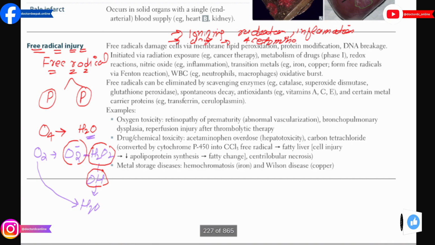So what is the meaning of this line? First of all, try to understand how the free radicals are going to be produced. When the free radicals are produced, they are going to damage our cell membrane with the help of lipid peroxidation. Then these free radicals are also going to damage the DNA with the help of oxidation. They're also going to damage the protein with the help of oxidation. So the free radical damage